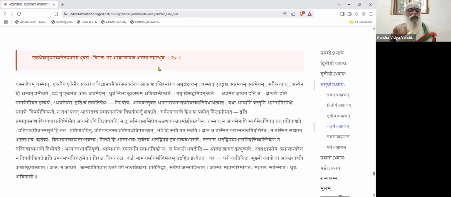Ekadha eva anudrashtavyam etad apramayam dhruvam. That which is apramaya means what? Apramaya means that which is not an object of your cognition. Everything is one. There is not even a subject-object division. So how can you have subject, object, etc.? It is not an object of your cognition. And it is dhruva. Dhruva means nityam, kutastham and all that. Unchanging reality. That which is the invariable and unchanging in each and every cognition,